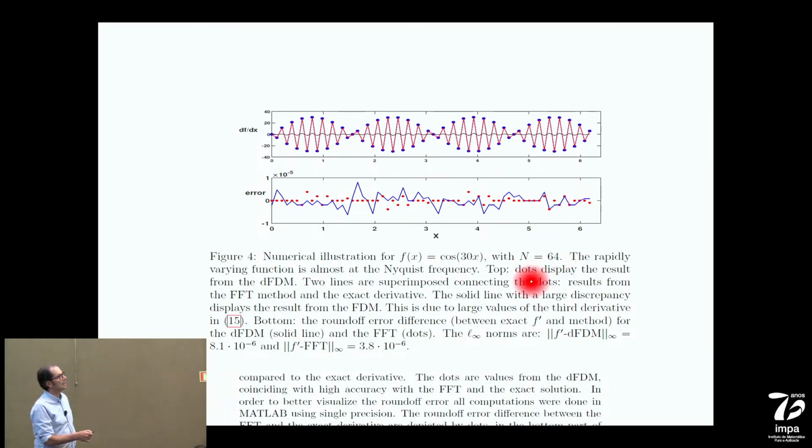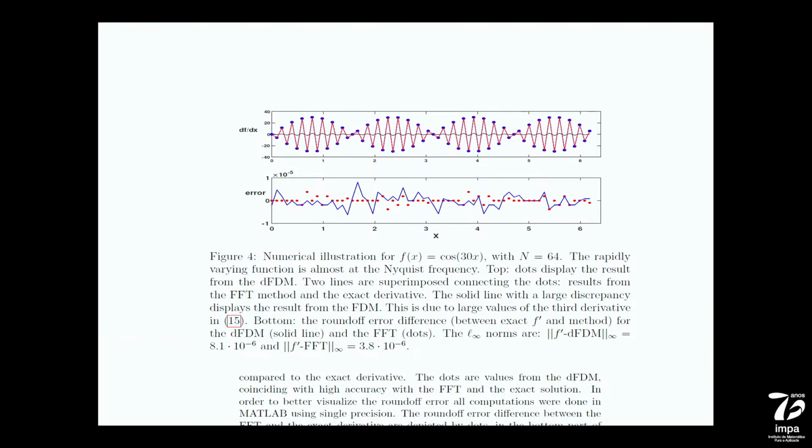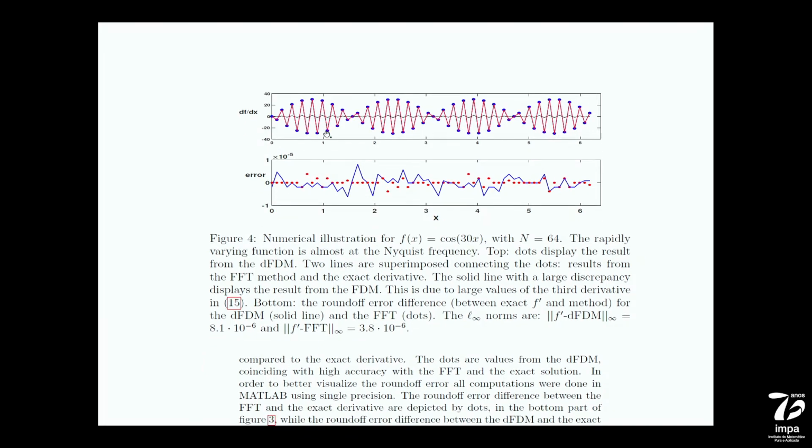The solid line is the finite difference method, and the other one is FFT, the dotted line. In the bottom graph, the round-off error difference between the exact and the method is the solid line, and FFT is dots. So here it looks like FFT is a little better than the Hilbert transform method. But then